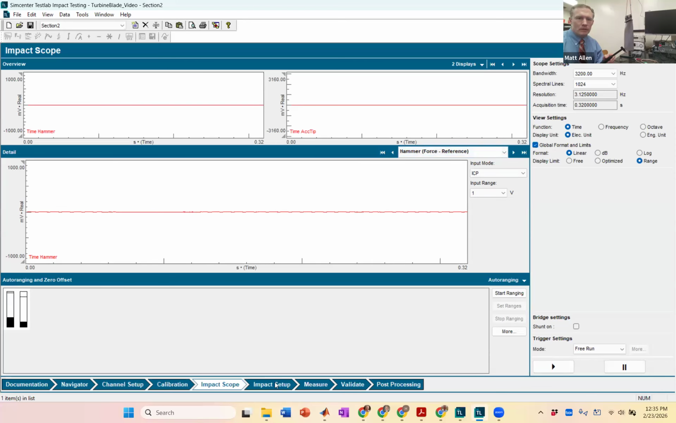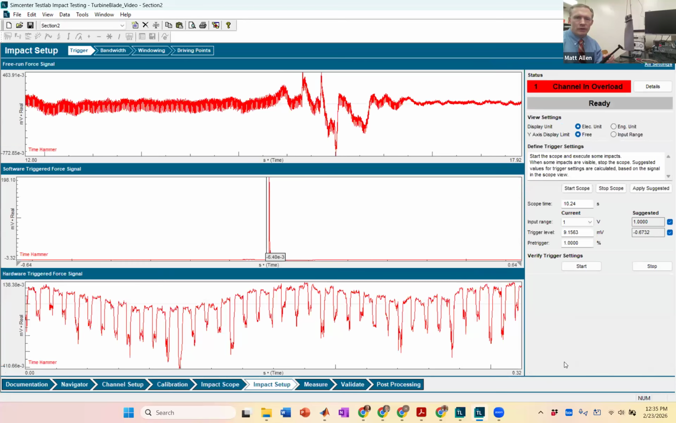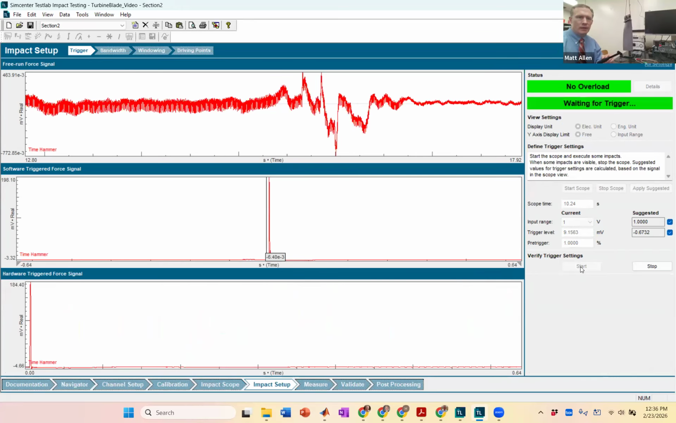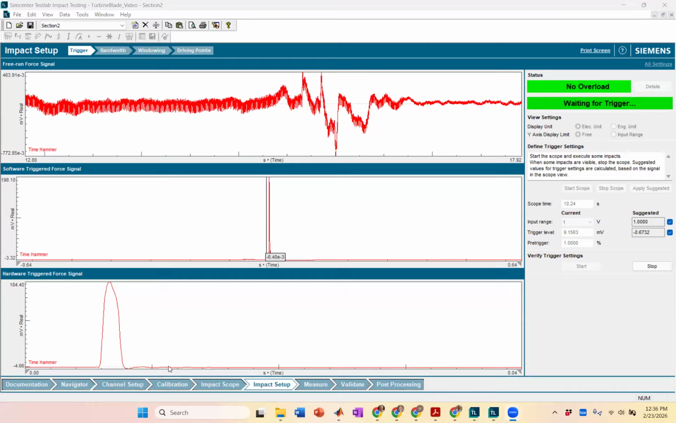Once you know that everything's working, we can go in here. Again, I'm not going to go over some of these basic settings. The trigger is really all about setting the level of the trigger above the noise floor so that you get a reliable trigger. And then you want enough pre-trigger so that you capture the rising and falling part of your force pulse. So that's all there is to do there. These trickier ones,